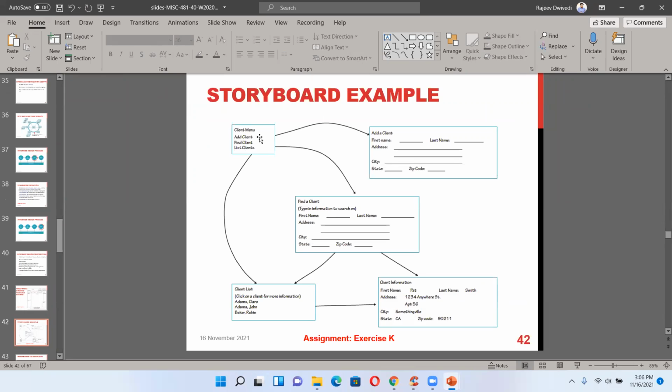Here this is the client menu, add client, find client, client list, and then under add client what should be there, under find client what should be there, under client list what should be there, under information, and how they are linked with each other. Similarly, you have to do this for the video case exercise. So this is a storyboard example.